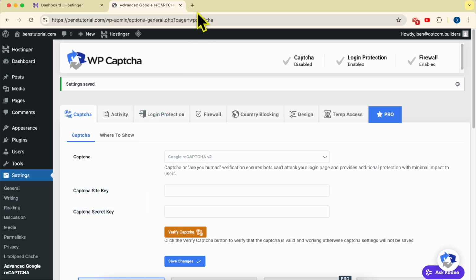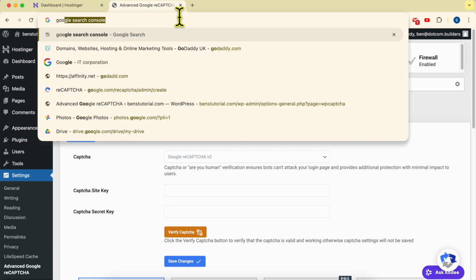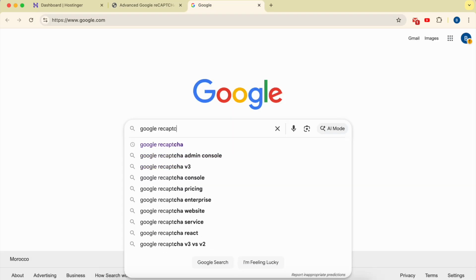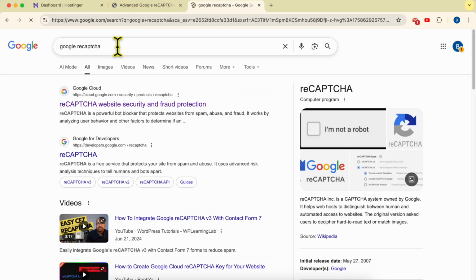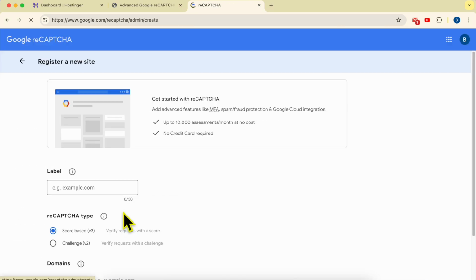So visit this page, or just go to, I will go to googlefirst.com and search for Google reCAPTCHA. Visit this cloud.google.com website, click on Get Started, and you will land on this page. Here,